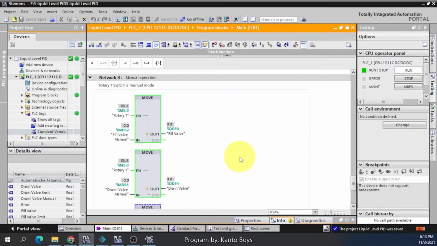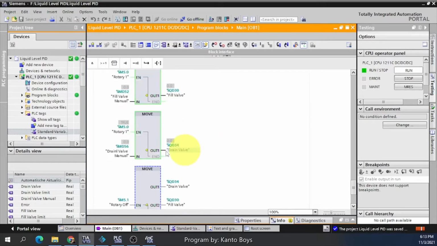So this is the manual operation, meaning you switch from automatic to manual. If rotary switch 1 is true, this is manual. Whatever value is input in fill valve manual will go to the fill valve. So if you input 5, it will be moved to the fill valve, so the fill valve should be opened by 5. The same here in drain valve manual: whatever the value, it will be moved to the drain valve.